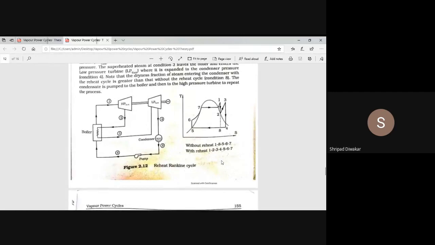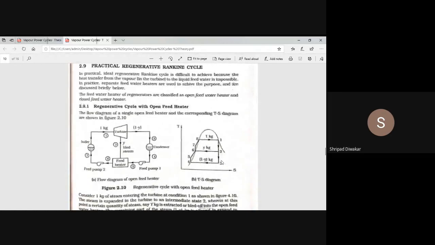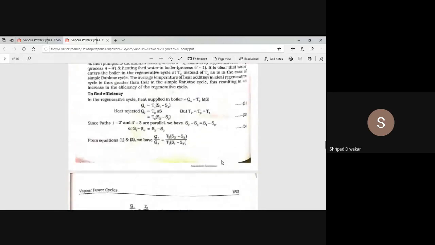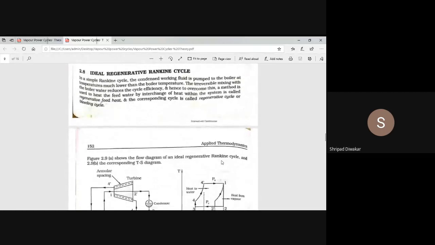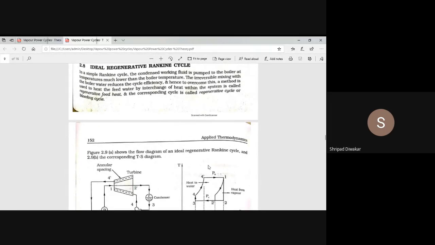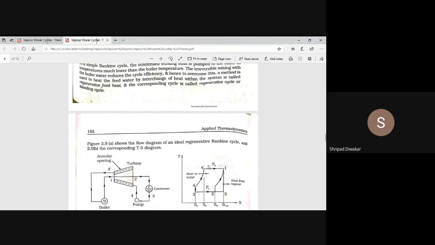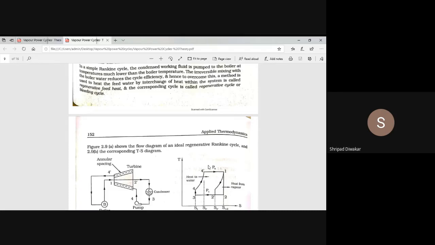Next, I'll explain one more cycle, the regenerative cycle. Okay, one more part is there, the regenerative cycle. The normal regenerative cycle. So this is what you are seeing. This is called a regenerative cycle. So regenerative cycle means, as I said, we are having the turbine. A large amount of heat loss takes place due to the exhaust gases. Next, we have to make use of whatever heat content is in the exhaust gases for the next cycle of operation. That is the main motto behind the regenerative cycle.